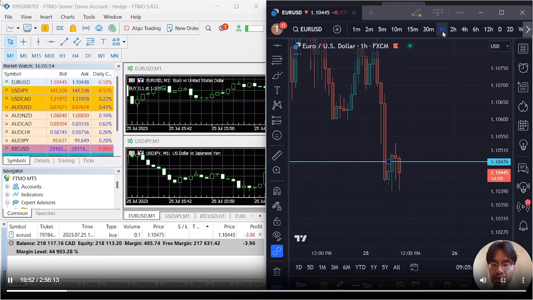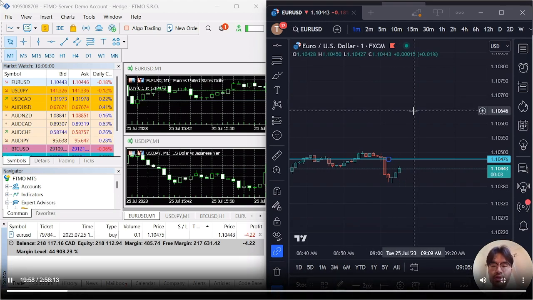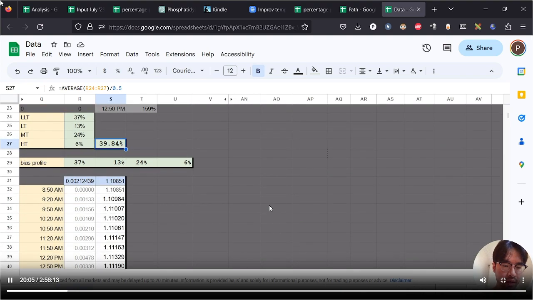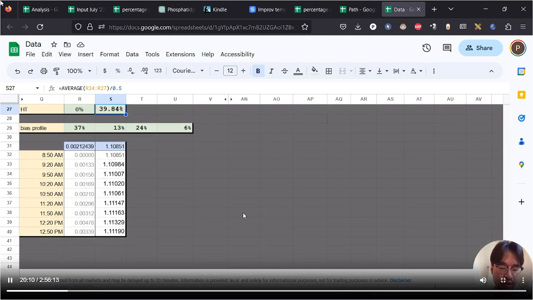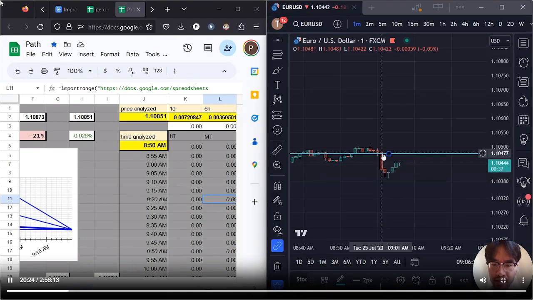Let's check the 1 hour. How's this look on 1 hour? Okay, so it looks like it would create significant support. Now we still need to calculate take profits, I guess. So we're calculating the high, we need to get the ATRs, I guess. Price analyze that around that same price,